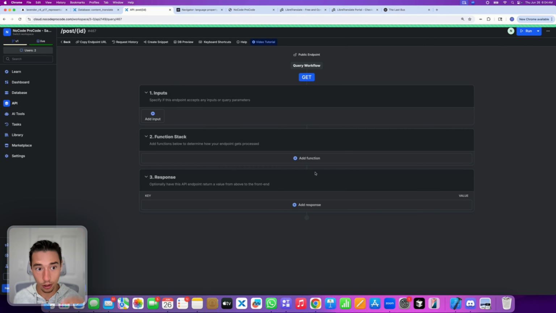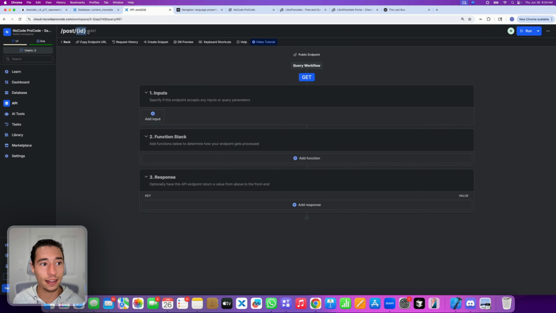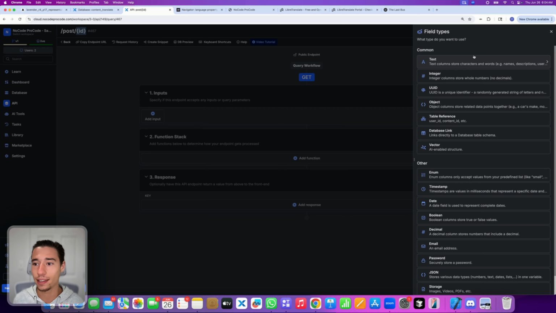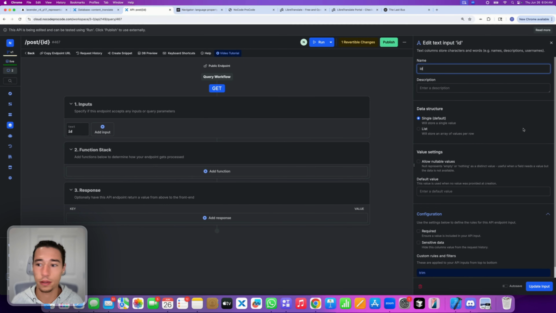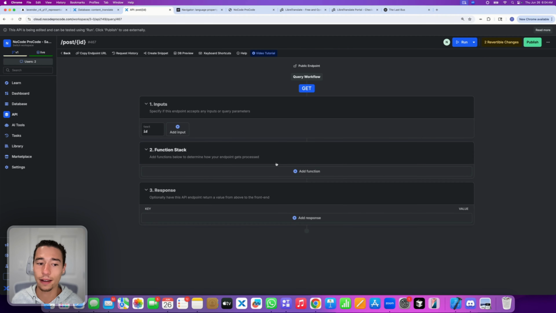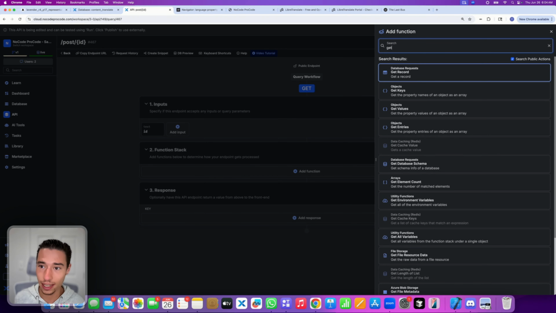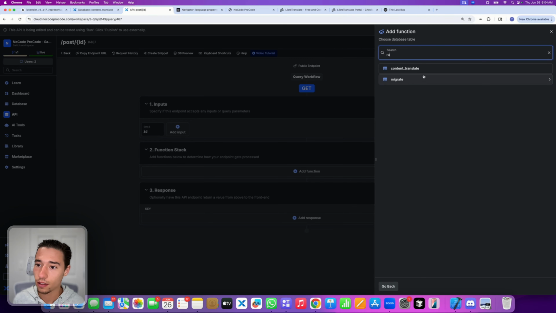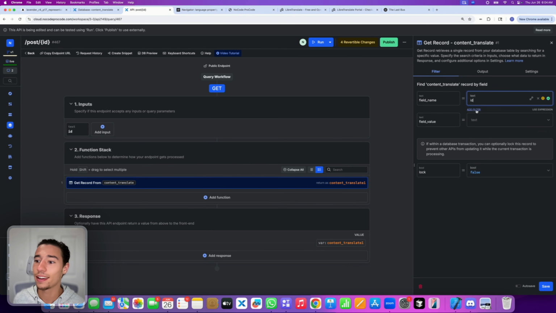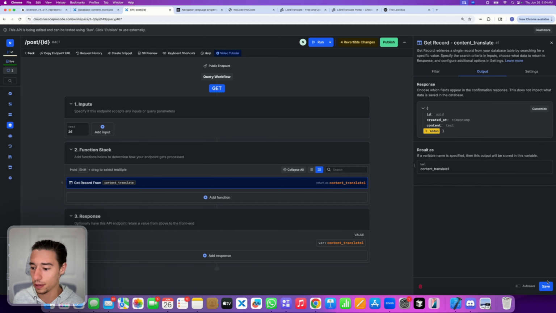Okay. Now I'll put this ID in this object here, so I can add an input of text ID, and that will be required, right? So I can get this ID from the block in the URL passed into it. And now I'm doing a GET record from my translate database, and I will get it from the input ID, and then the output will be the blog post,